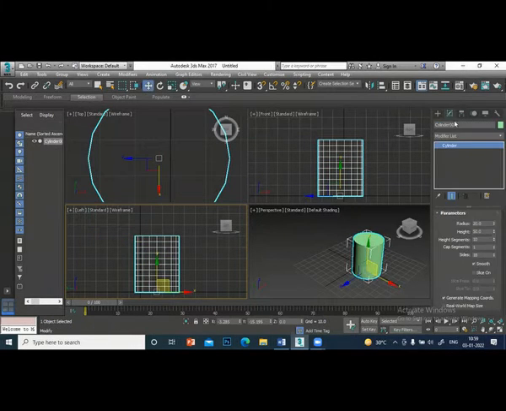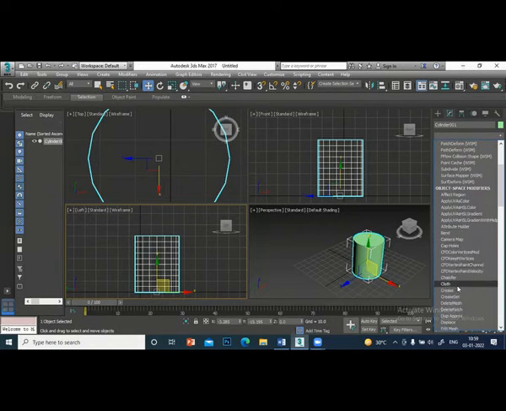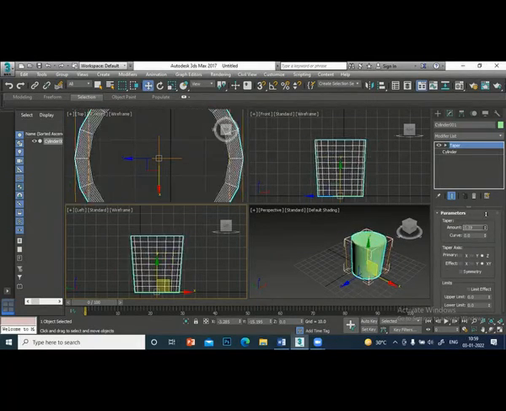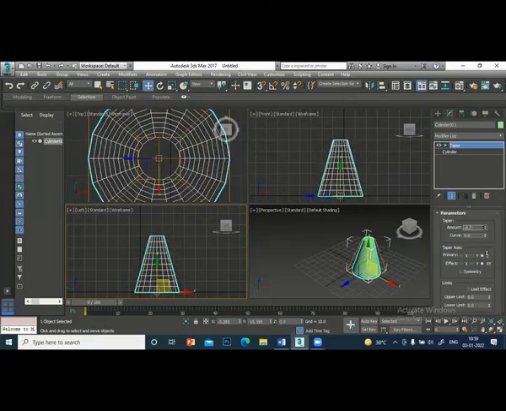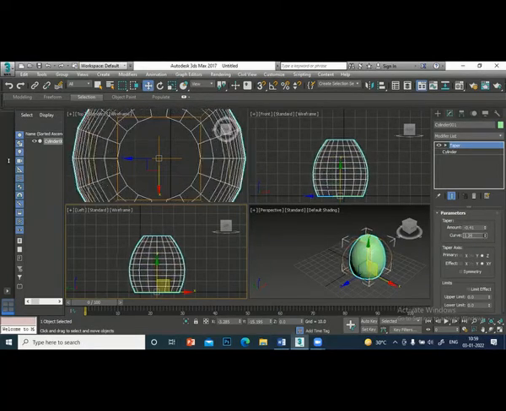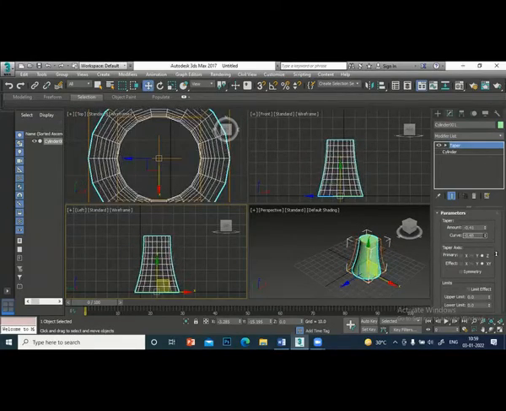I'll go to modifier list, go down and just type T. Taper. So what taper value do I have to give? You can see when you give positive taper, it goes like this. Negative, it comes like this. And if you want to give curve, you have to use the curve. Positive curve bulges outside, negative curve bulges inside.